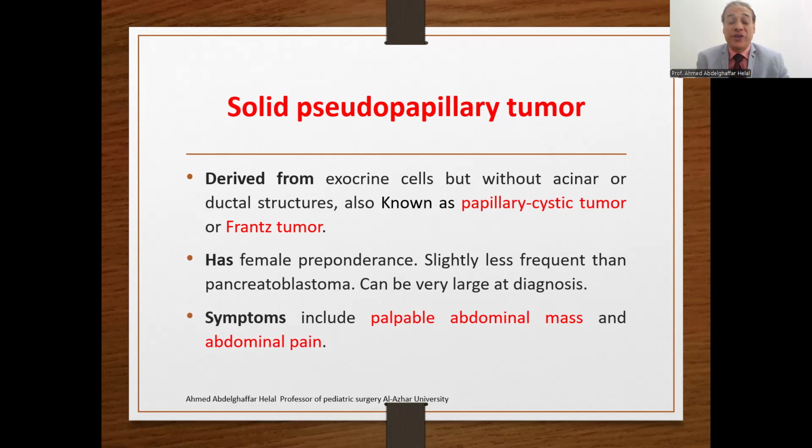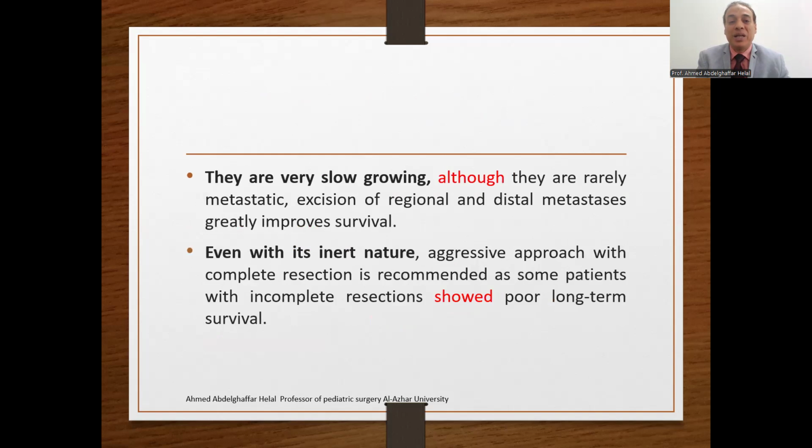predominance, are slightly less frequent than pancreatoblastoma, and can be a very large mass at diagnosis, usually presenting with a palpable abdominal mass and abdominal pain. Usually these tumors are very slow growing, although they rarely metastasize. The excision of the regional and distant metastasis greatly improves the survival. Also, even with its indolent nature, the aggressive approach with complete resection is recommended, as some patients with incomplete resection show poor